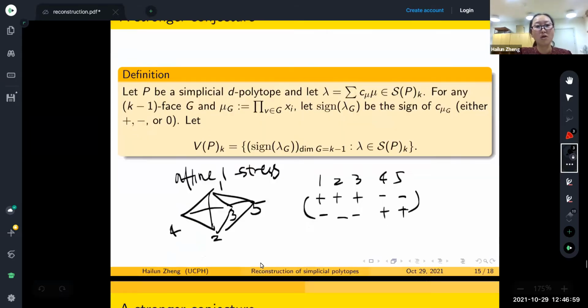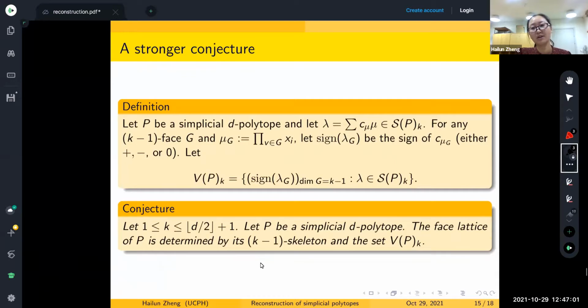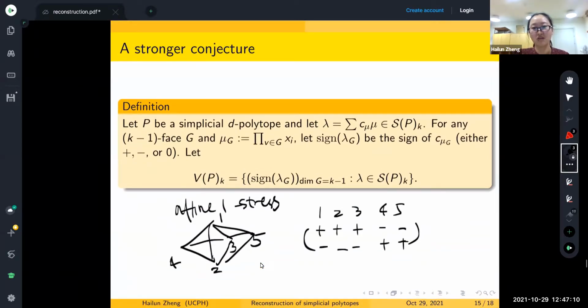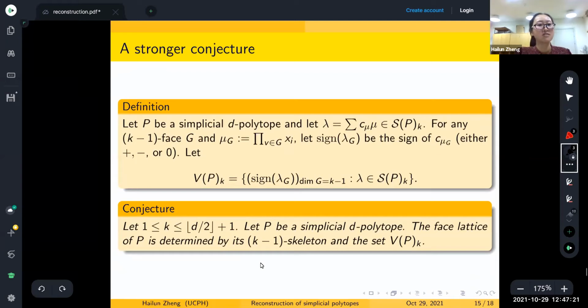Okay, so I have the following conjecture. I don't want to take the space of affine k-stresses. I just want to look at the sign vectors, and the sign vectors capture all the signs that appear in every affine k-stress in my set S_T of k. All right, so this is my conjecture,